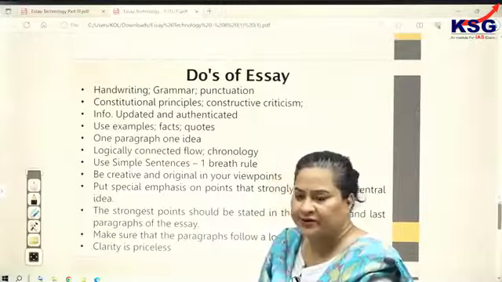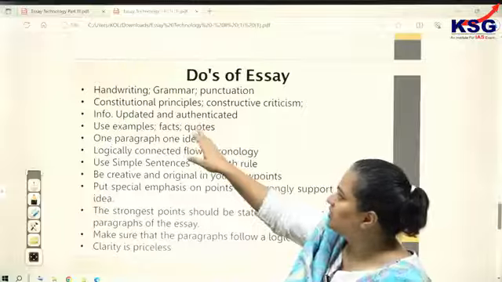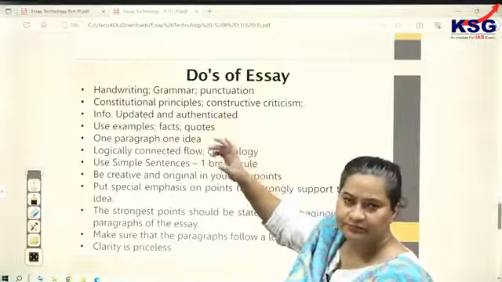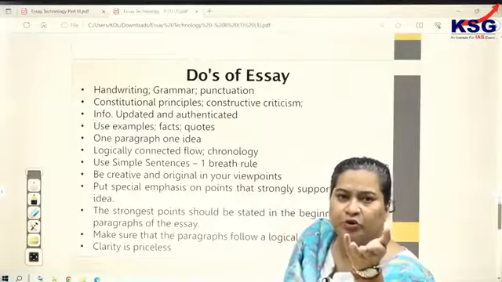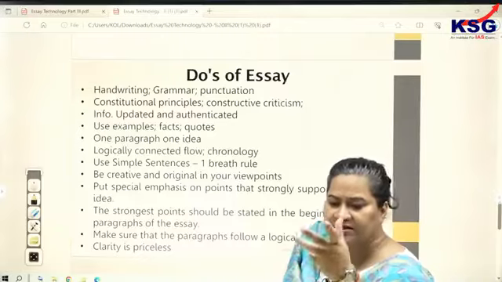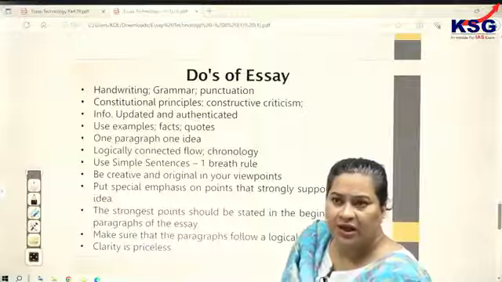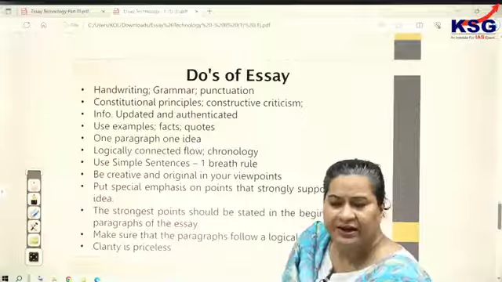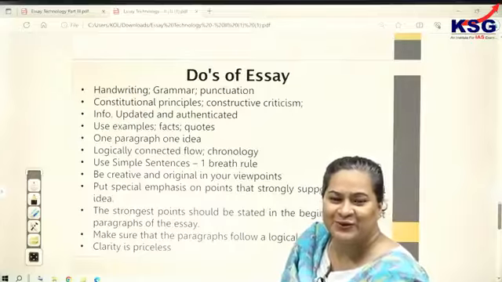Now, moving ahead, we can reflect upon these other words like constitutional principles, constructive criticism. Constitutional principles, never ever compromise with them. If you're compromising with the constitutional principles, you are anti-state. Let us say you read some post which is against secularism, and your young mind absorbs all of it, and then you start writing that in the paper as if you're some intellectual and you're loaded with logic.